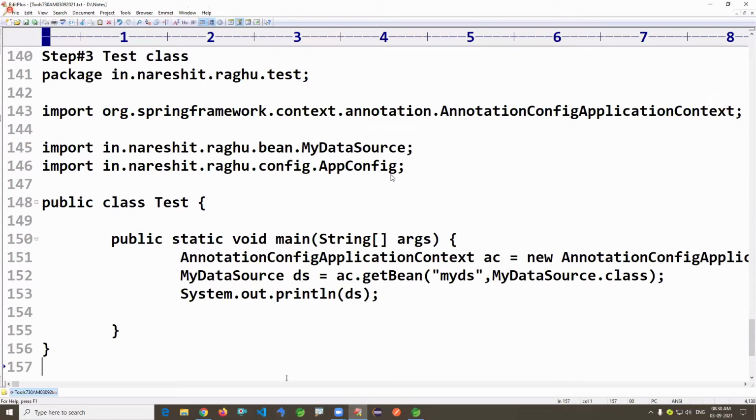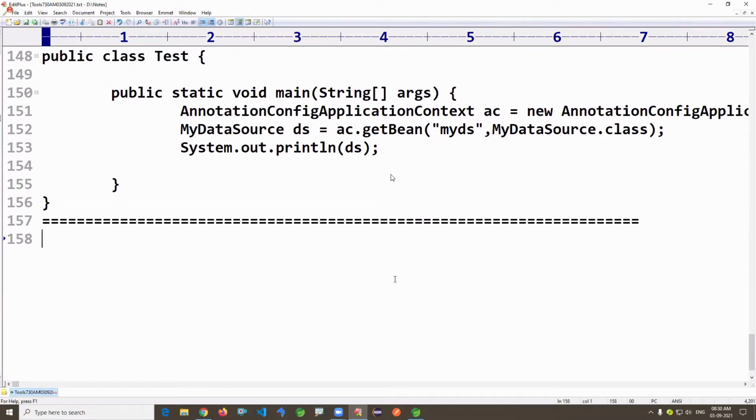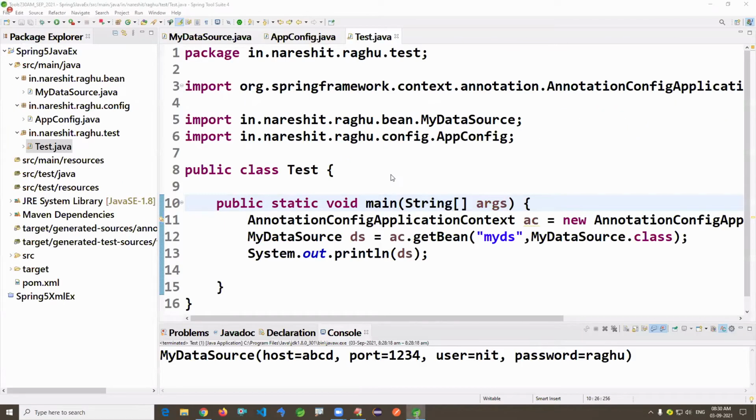This is one. So if you're interested, I'll show one Spring Boot example also, one small web application if you want. Now look at this. You need Spring Tool Suite software.